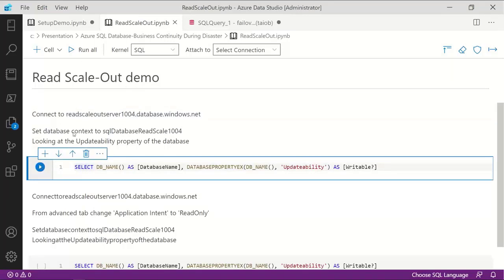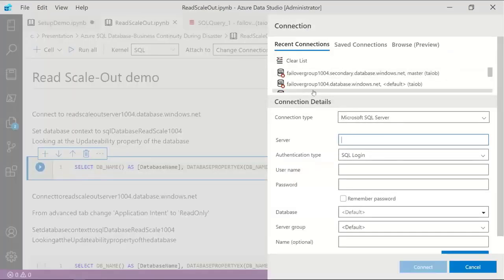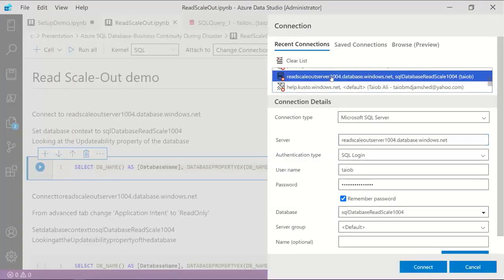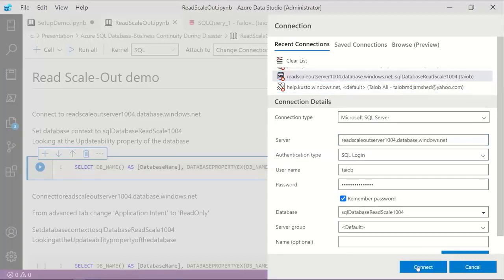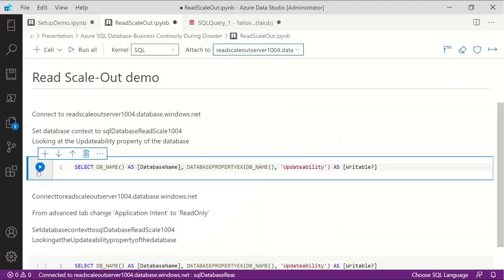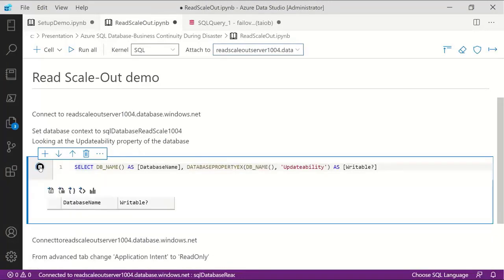Let me make sure that I have the right connection string, right? If you run this,